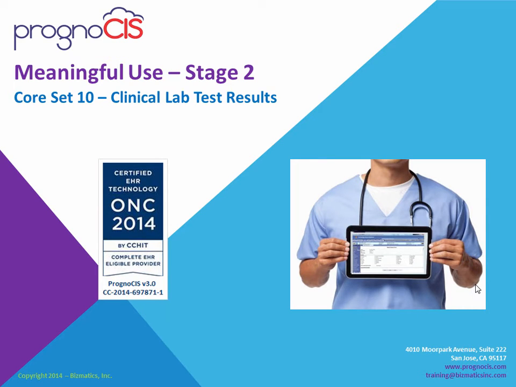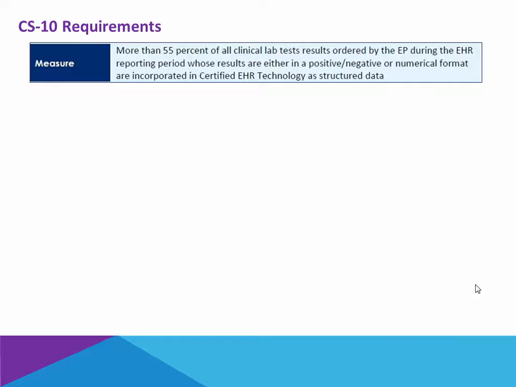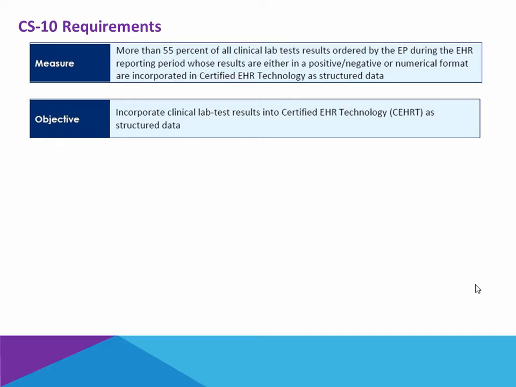Meaningful Use Stage 2, Core Set 10, Clinical Lab Test Results. The requirement of Core Set 10 is that more than 55% of all clinical lab test results ordered during the reporting period who has a result that is either positive, negative, or in a numerical format be incorporated into the certified EHR. The objective is so that these results are stored in the structured data of the electronic health record